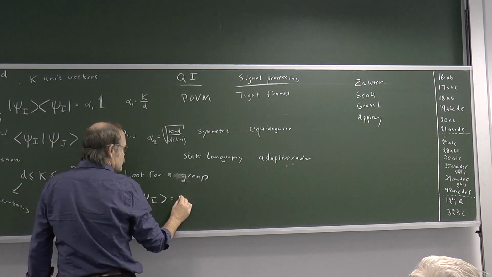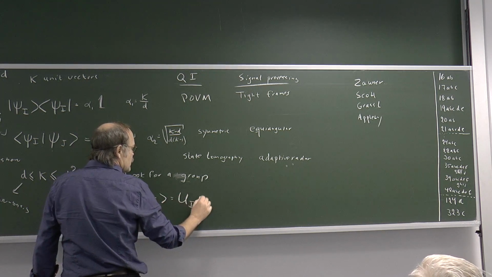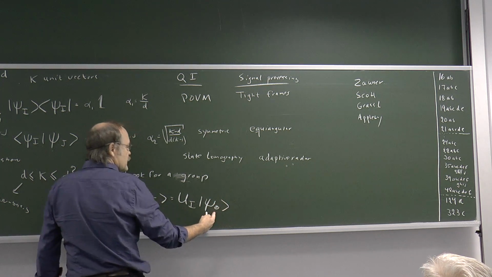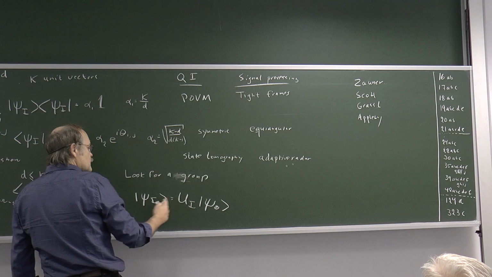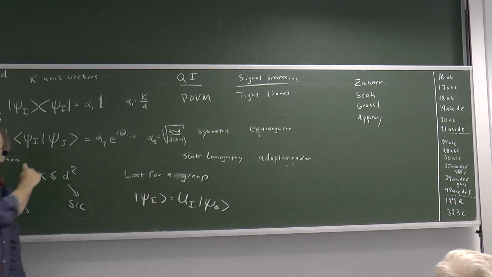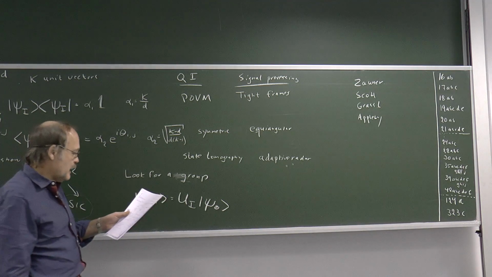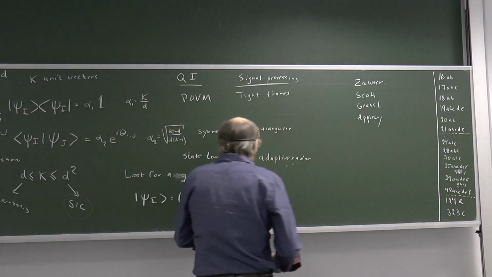You imagine you have group elements, ui, that act on a special vector, and if you choose that special vector suitably, and you know the group, these things should form a SIC. This is a natural way to look for them, perhaps. And